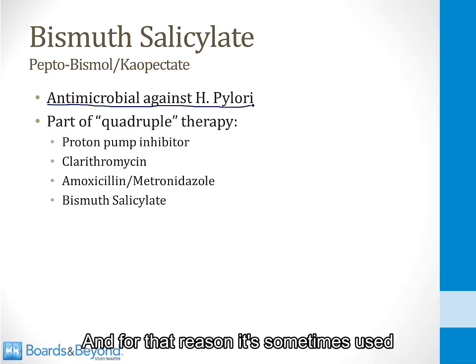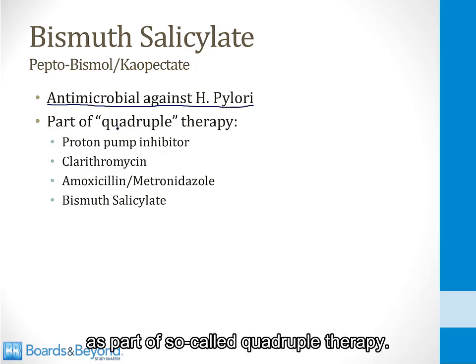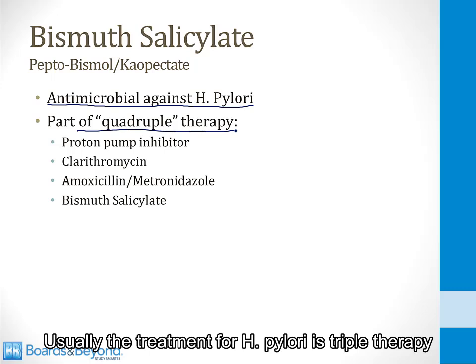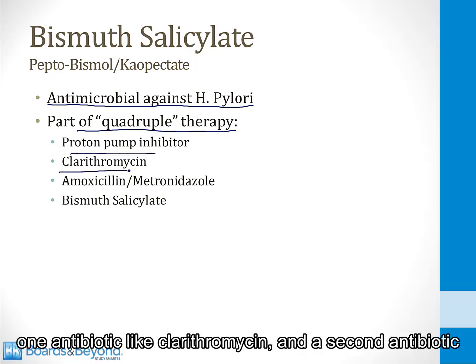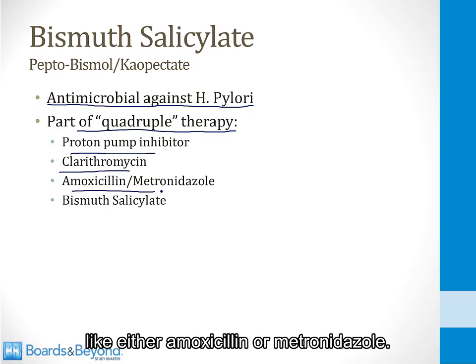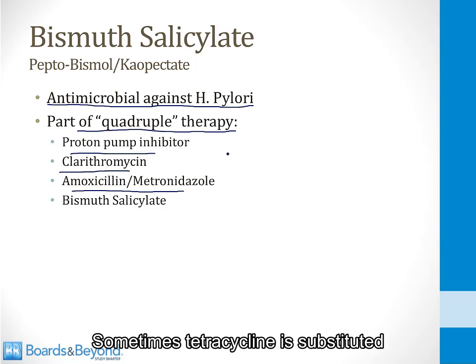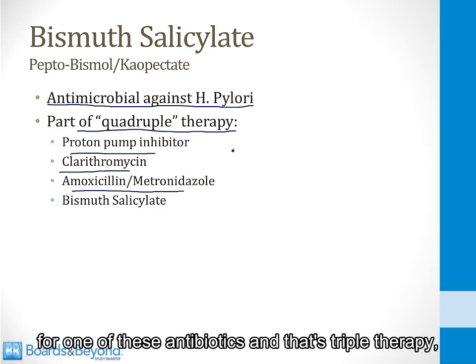pylori, and for that reason, it's sometimes used as part of so-called quadruple therapy. Usually the treatment for H. pylori is triple therapy with a proton pump inhibitor, one antibiotic like clarithromycin, and a second antibiotic like either amoxicillin or metronidazole. Sometimes tetracycline is substituted for one of these antibiotics, and that's triple therapy, these three items at the